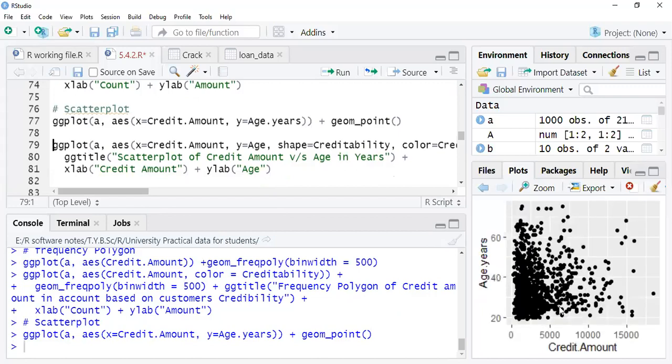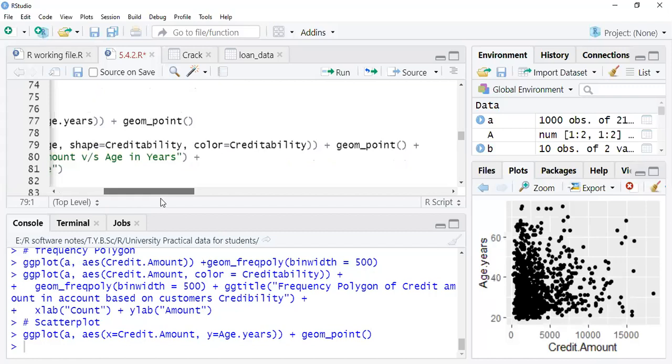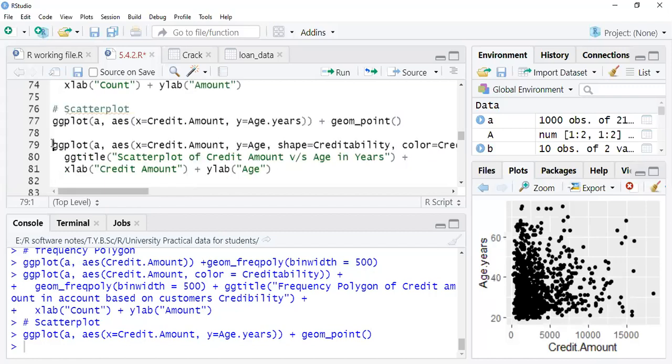You can see these points, right? But now there are so many points, so you are not able to give a conclusion about the interpretation, whether it is positively skewed, negatively skewed, or strongly positively skewed. When you zoom in, then only you can understand. So let me execute this entire code. You can understand.